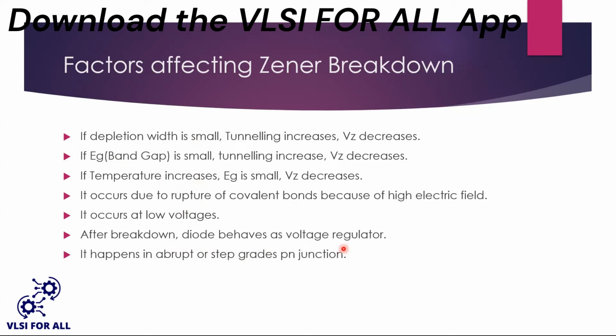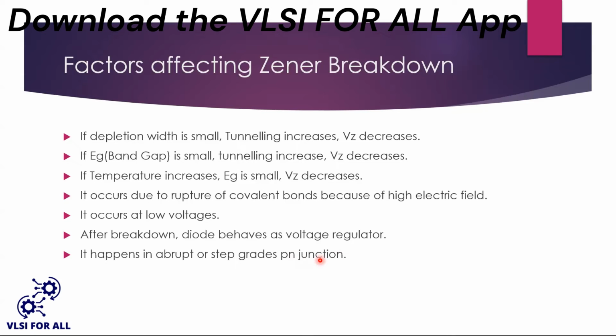What is that voltage regulator? And it happens in an abrupt or step-graded PN junction. The meaning of this is that here we are joining two semiconductors, like p-type and n-type. What is the meaning of abrupt or step graded? For example, if you take an intrinsic semiconductor, 10 power 14 electrons and holes. In p-type semiconductor, if doping is 10 power 17, and in n-type the doping is 10 power 15, if we are mixing these two semiconductors, that 10 power 17 per centimeter cube and 10 power 15